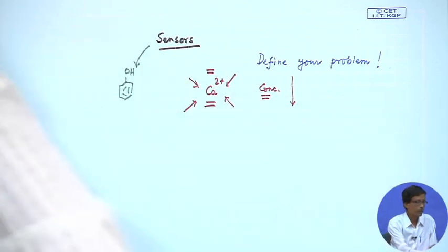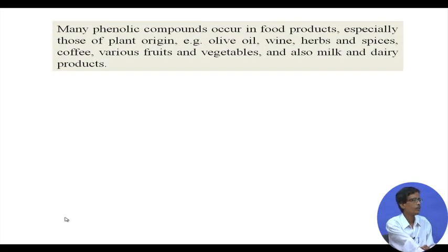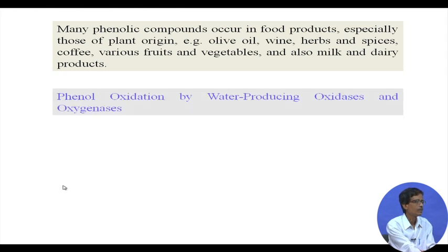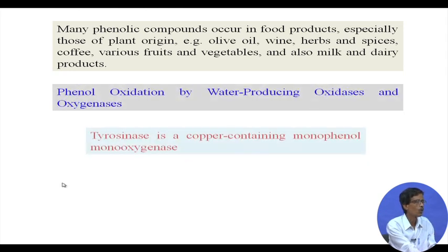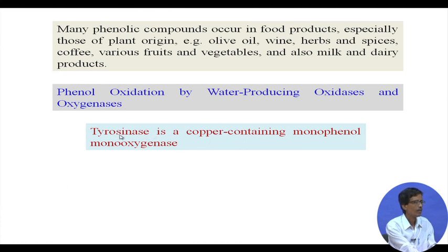So, what we were talking about in our last class, the phenolic compounds and their presence in different species, we basically go for an oxidase type of enzyme. So, it is the oxidase, the tyrosinase, because the name will also tell you that it is related to tyrosine, which is an amino acid. That amino acid tyrosine has the phenol unit itself, an inbuilt phenol unit. So, copper will be required for this particular type of monophenol monooxygenase reaction, and it has been identified in the biological world that this phenol can be oxidized by this copper.